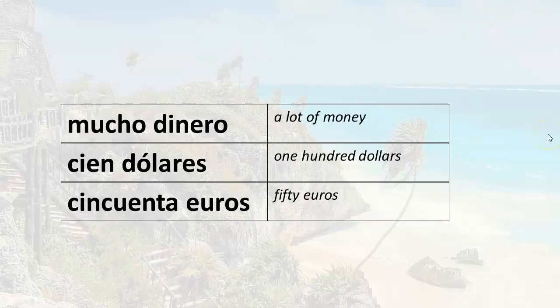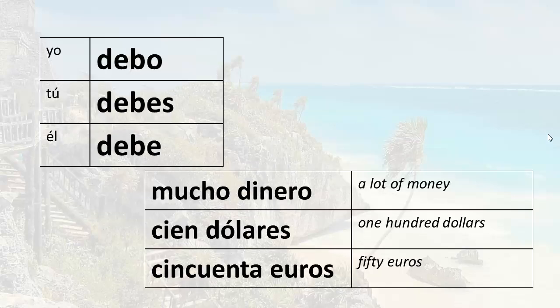When we use deber, we use it often with certain expressions. For example, deber mucho dinero means to owe a lot of money. Deber $100, to owe $100. Deber 50 euros, to owe 50 euros. So let's put our conjugated verb together with these expressions. And I just randomly selected just a few of the forms here. So if I want to say I owe a lot of money, it would be yo debo mucho dinero, or simply debo mucho dinero. I owe $100, debo $100. I owe 50 euros, debo 50 euros,